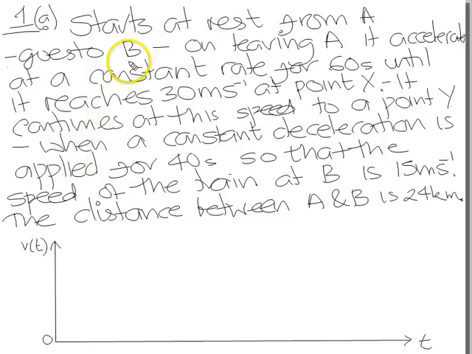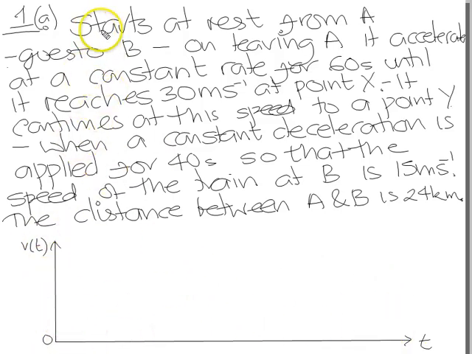Right guys, let's have a look at question 1a on this M1 paper. It's very verbose, the first question actually, but all part A does, I put it all up here, is ask for, let me just read it to you, part A. It says, draw a sketch of the velocity time graph showing the motion of the train between A and B. So we need to draw a velocity time graph, so that's why I've drawn this velocity against time axis here